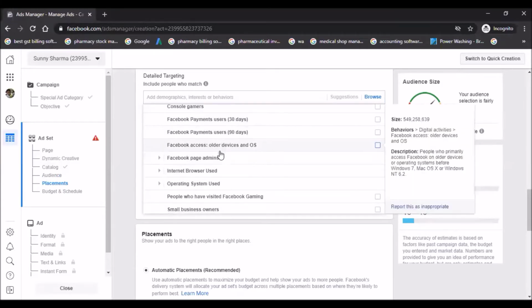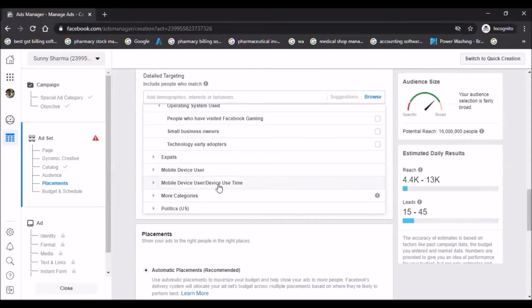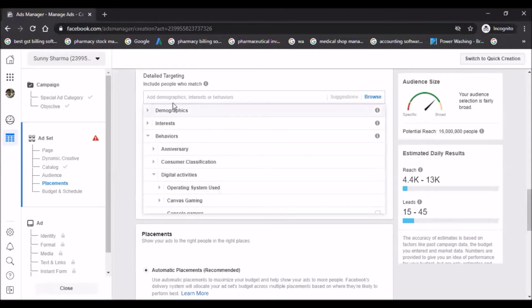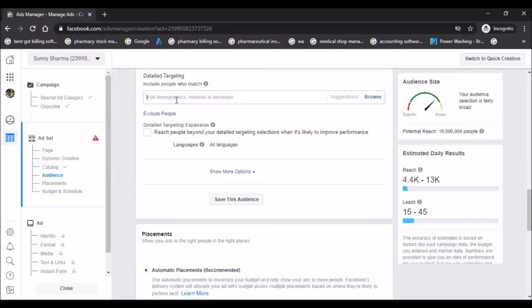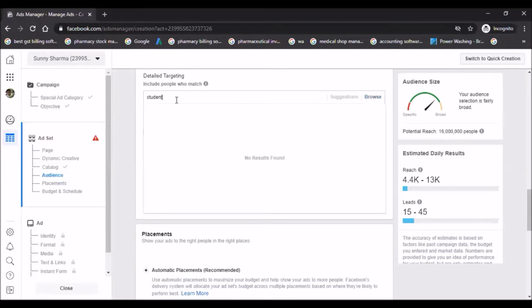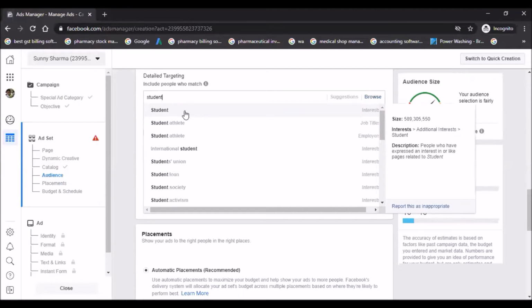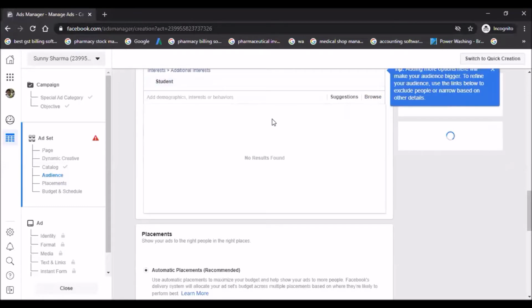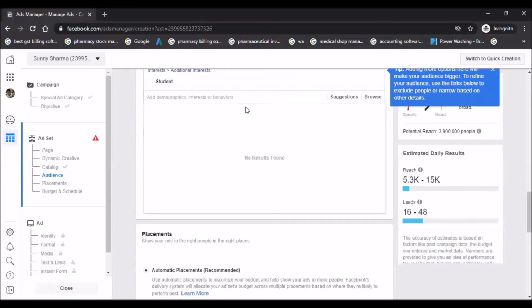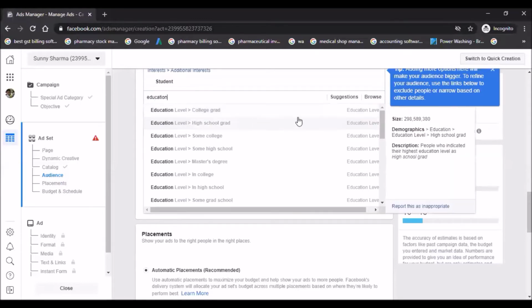Fine. If my planning is to target the students, so I write here student. Fine, I select this. Means those people who are students who have interest in the pages of students. I select that one. Fine.